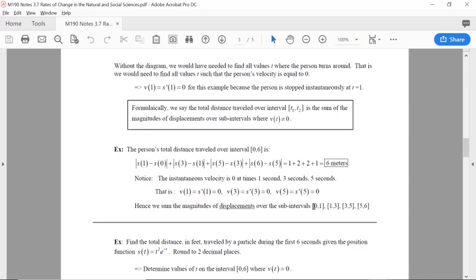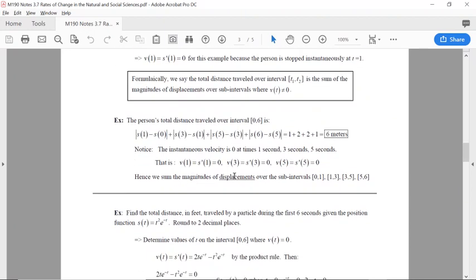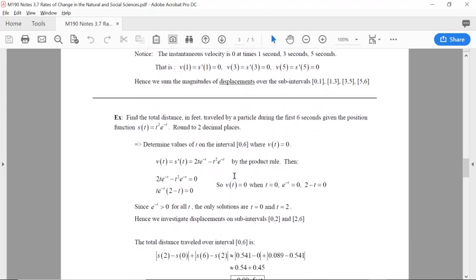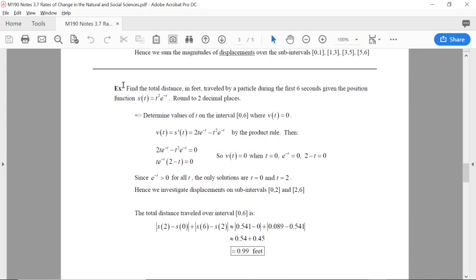We calculate the magnitude of the displacement over each of these subintervals. So we find out what is the position at 1 second minus the position at 0 seconds, s of 1 minus s of 0, and take the absolute value of that in case that quantity would have been a negative value. All right, so that distance can always be interpreted as a non-negative value. And we do the same thing for each of these subintervals, and we sum them together, we get the total distance traveled. So let's see how this would have been done formulaically,